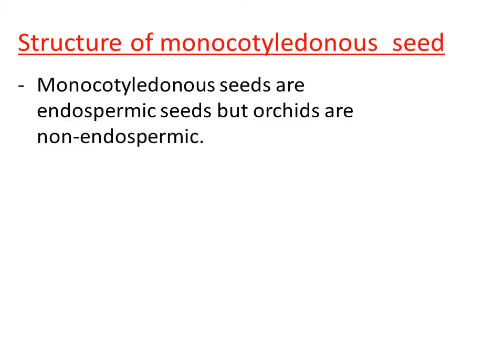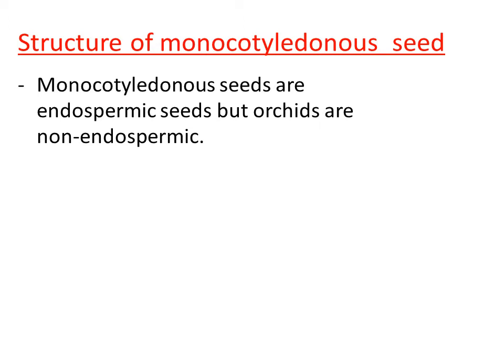Now let us study the structure of monocotyledonous seed. In the last video we discussed the dicot seed, right? So now let us study the monocot seed. In the monocot seed, the prominent structure that can be seen is the endosperm. What do you mean by endosperm? Endosperm is the nutritive tissue, right? In most monocotyledonous seeds, endosperm will be present.